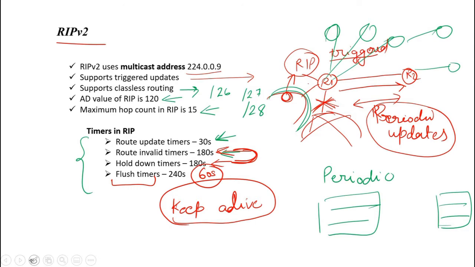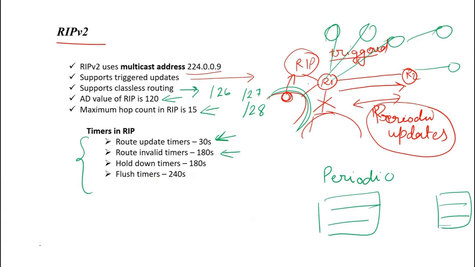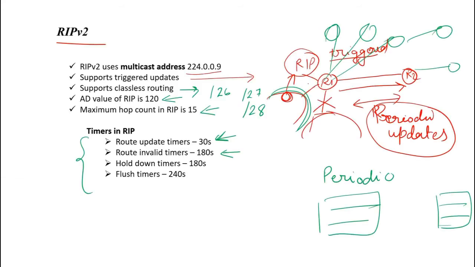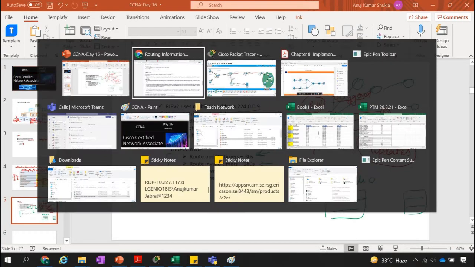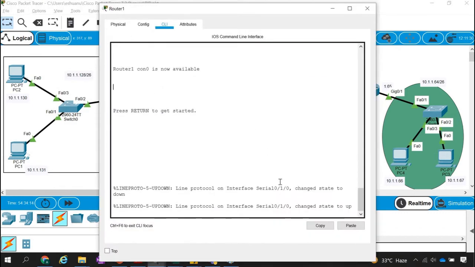So that is the meaning of our basic timers, right? So that's what we do. And let's see if I have more something. No, we don't have. So that was just basic information about the RIP version 2. Let's try to configure our RIP in the Packet Tracer. Okay, so let's jump to our Packet Tracer, and the first job we are going to do on this router.